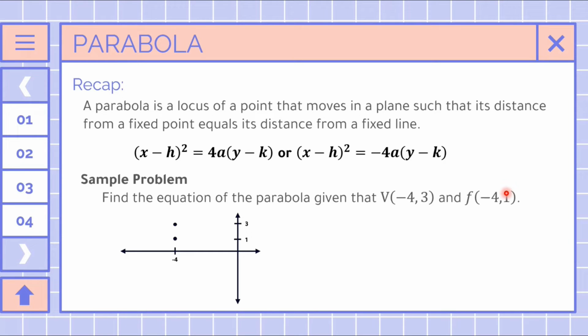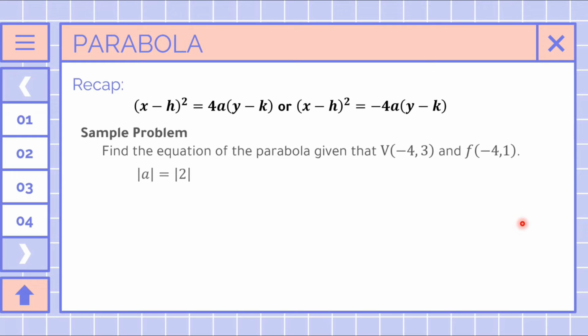Kasi 'di ba ang focus is enclosed inside the area or the area that is on the scope in the scope of the parabola itself. So when we try to graph that, we'll have a downward. And then now, draw a graph using the given values. And then now we'll try to solve